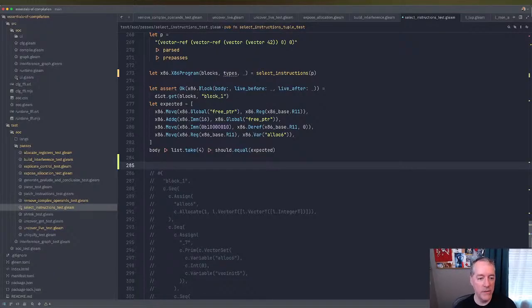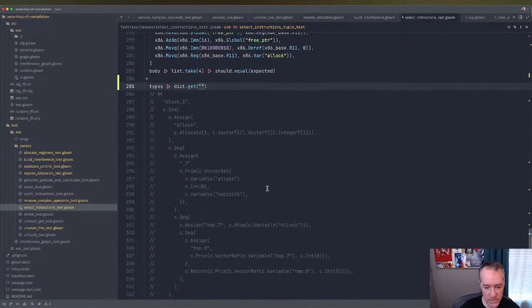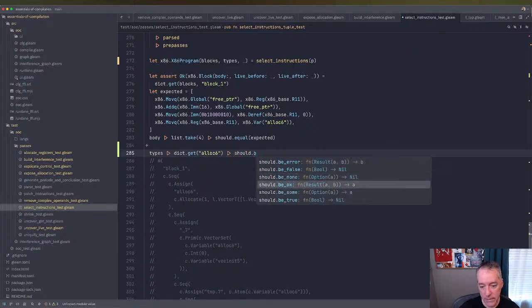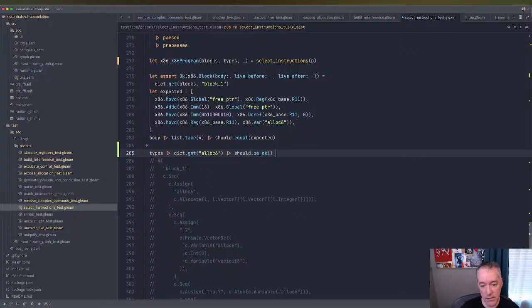Let's do, we're going to get, for instance, let's say Alloc6. This is the same program that we've done before, right? We'll say that should exist in there, and we'll say it should equal